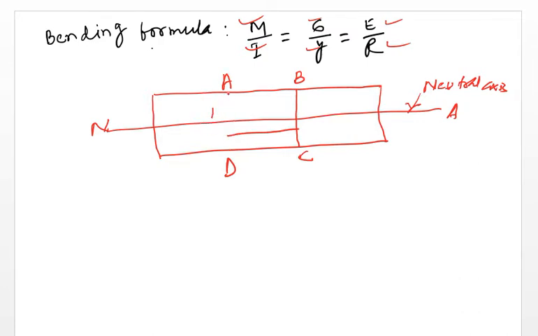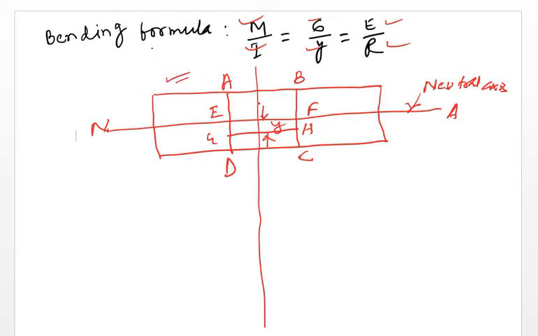Suppose this is E, F, correct, from here to here EF, and let the distance of this fiber below EF be y, and that is GH. Let's draw the center line, correct. So this figure is before loading.